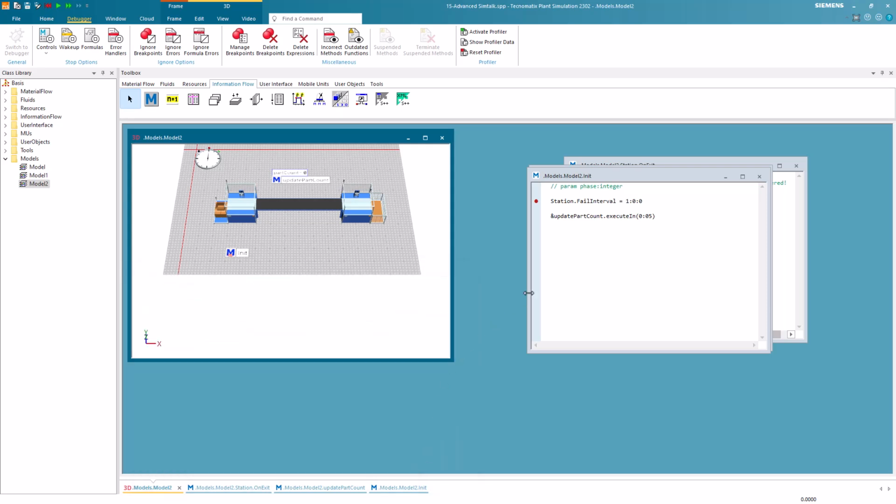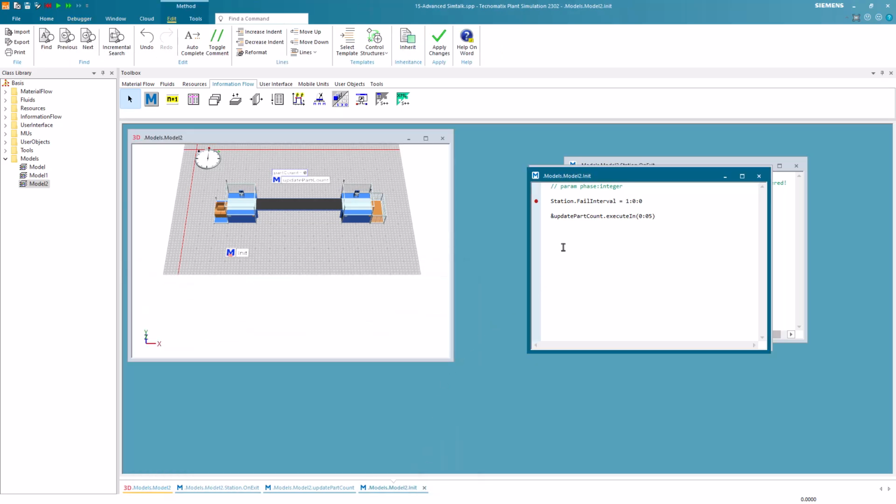To be more specific, it will be called once the objects have initialized themselves. And if you use the optional parameter phase, then it will be called twice. The first time before objects have initialized themselves, and the second time after objects have initialized themselves.